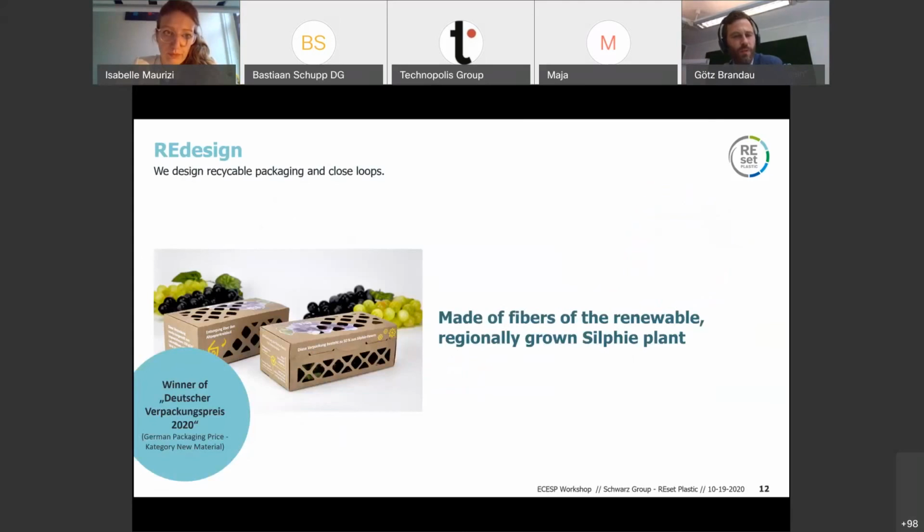And for some fruit and vegetables, we switched to using a kind of special paper made from a plant that grows in biogas plants. So it's a bit of a waste product. We're using that to make paper packaging that can be recycled in the normal paper recycling. So from our point of view, a promising solution. We're looking at working on scaling it up right now.